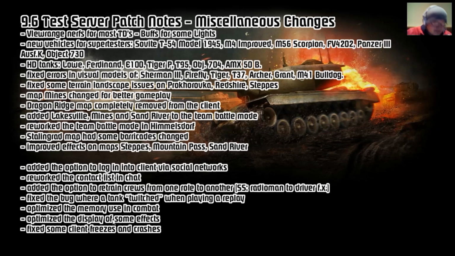Optimize the display of some effects while playing, and fix some client freezes and crashes. So better FPS and more smooth running of the game. That's always nice. Now, final thought about the 9.6 test server is that